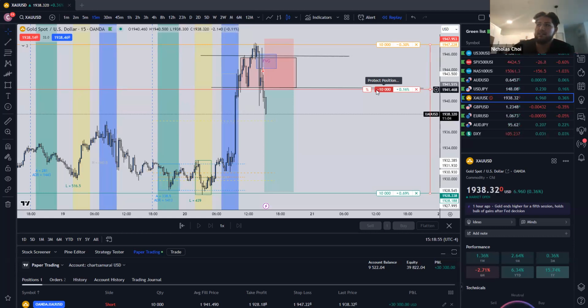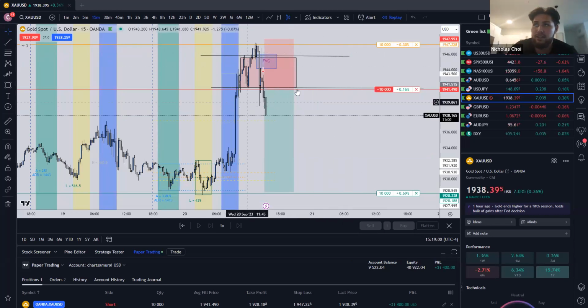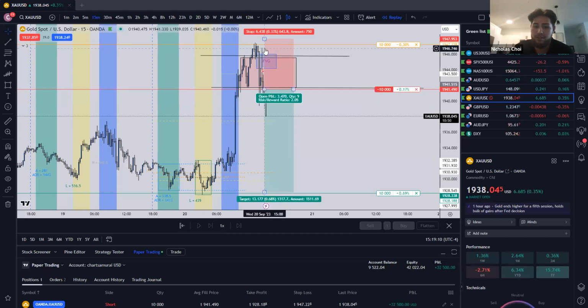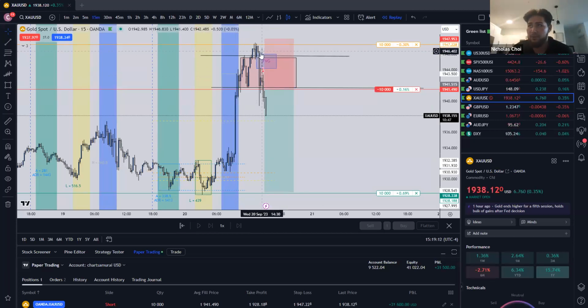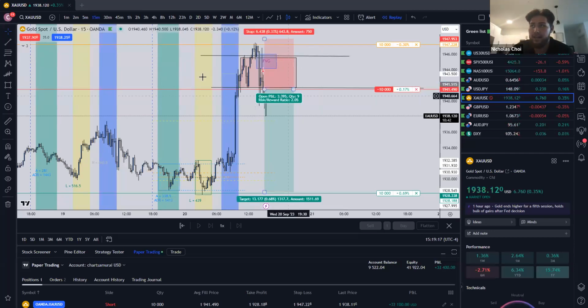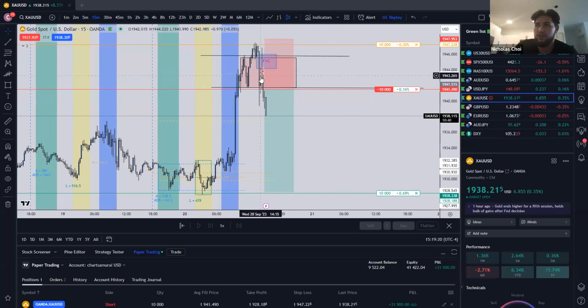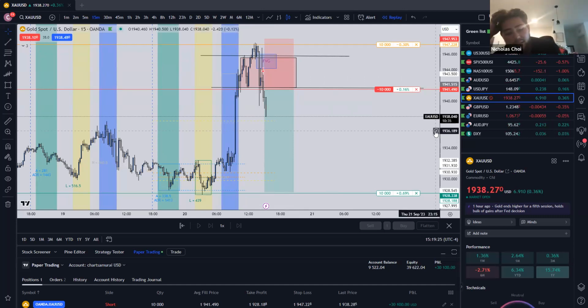So I thought this gold trade too was a really good example of waiting for an extra confirmation, because remember we saw price go like this, wasn't feeling too comfortable, and we said, okay, if it closes below the fair value gap, we're gonna enter. If not, it's invalid. And so fortunately it did, and we got the confirmation. But the reason I'm saying it is because that's how you should be thinking through your trading in the market.